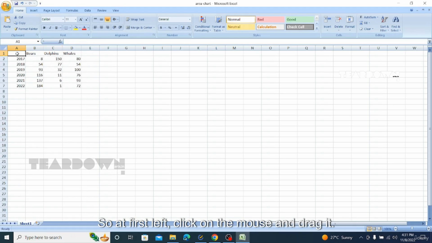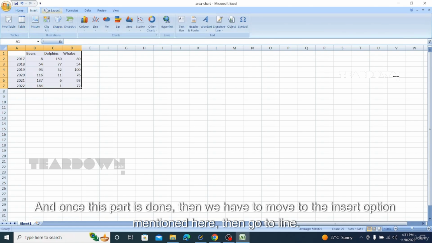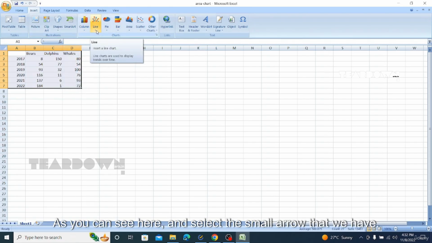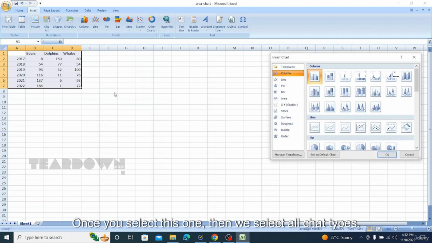So at first, left click on the mouse and drag it. So we'll take all the values here, and once this part is done, then we have to move to the insert option mentioned here. Then go to line, as you can see here, and select the small arrow that we have. Once you select this one, then we select all chart types,